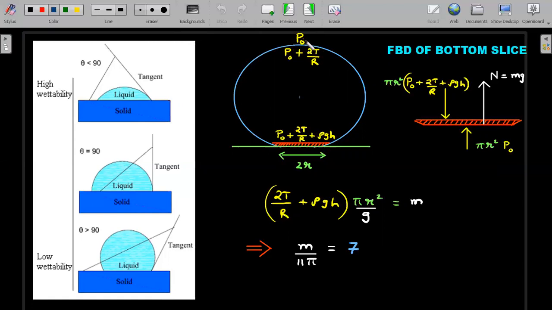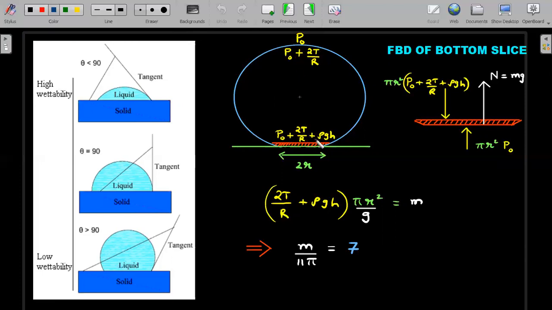So if the pressure outside is equal to P naught, then just inside the pressure has to be equal to P naught plus 2T by R, because we have considered that topmost radius to be approximately equal to this R. And you should understand that actually there will be 2 radii of curvature at this place, and since no information is given, you can safely assume at the topmost point that both the radii are equivalent, giving 2T by R.